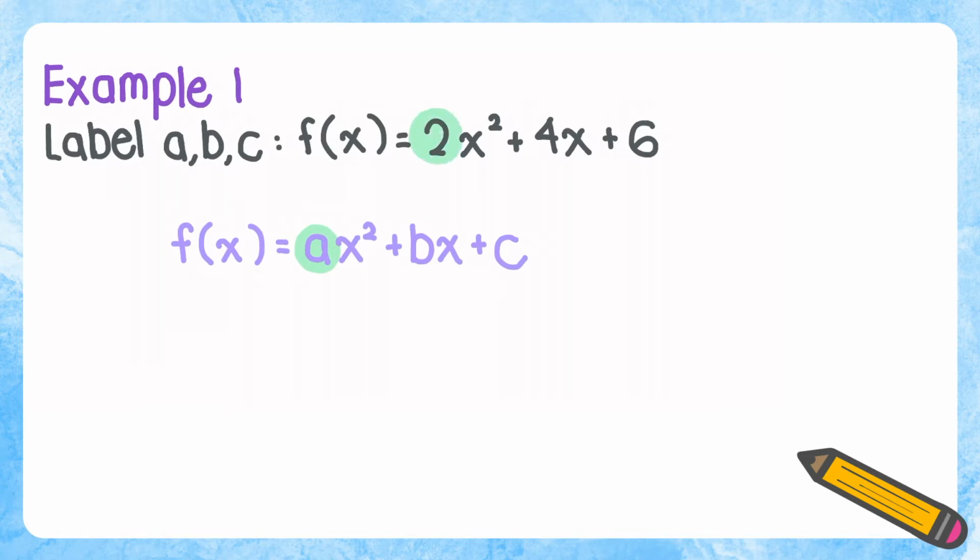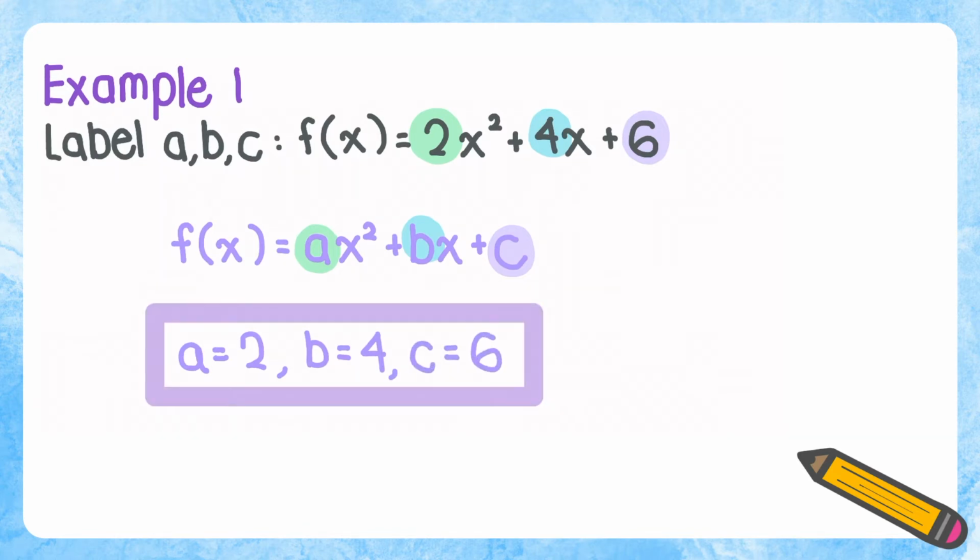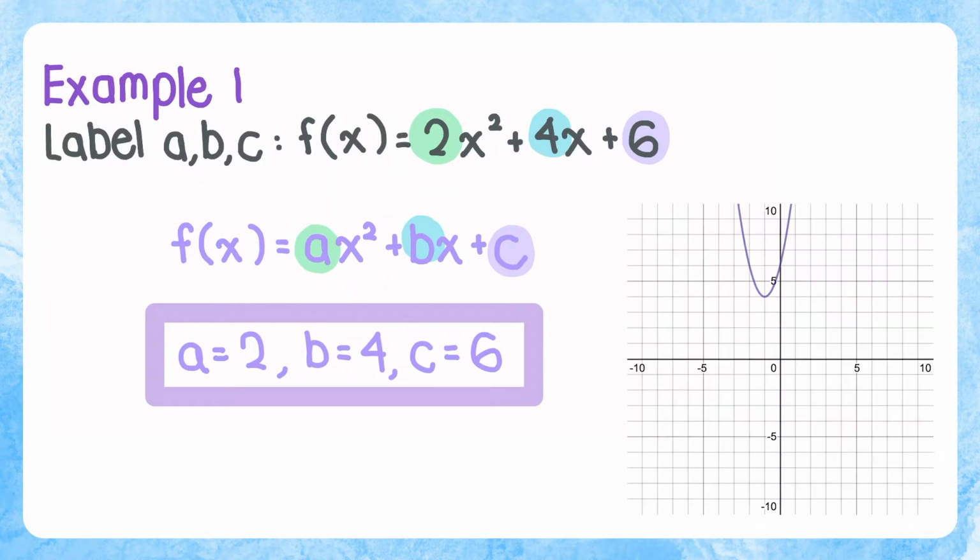So for a, notice that it's a 2. For b, we have 4. And for c, we have the constant 6. So we have found a, b, and c. So a equals 2, b equals 4, and c equals 6. We're simply finding a, b, and c. And you don't have to write this in your notebook, but this is what the function would look like as